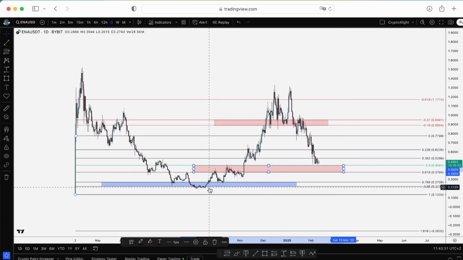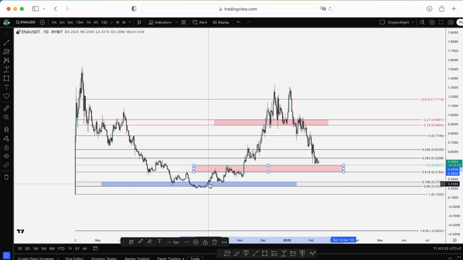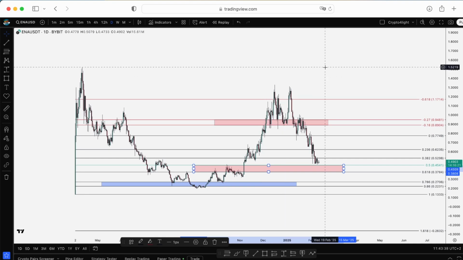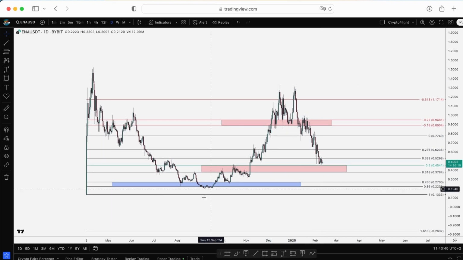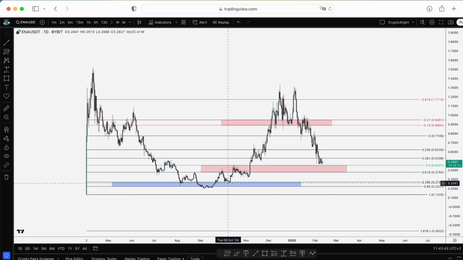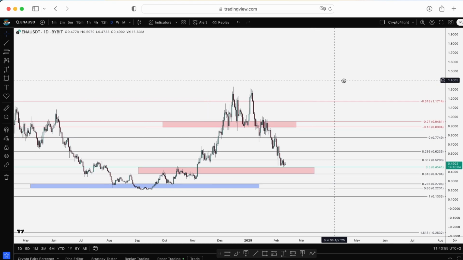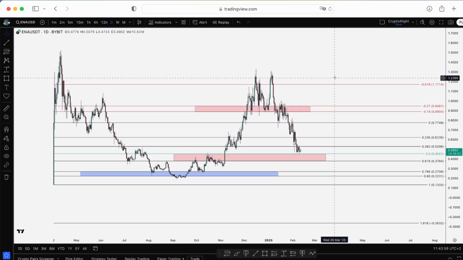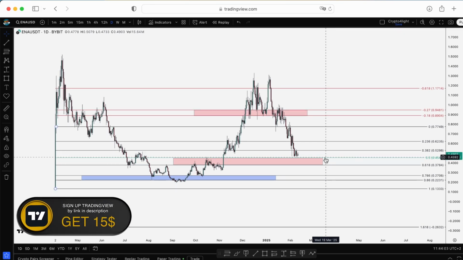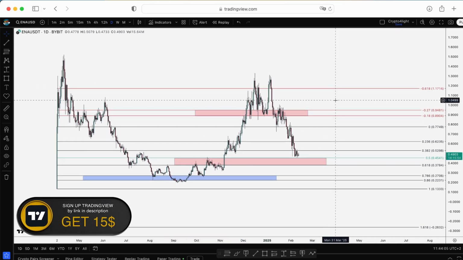I skipped ENA, I bought ENA here and sold it around here, so I missed that. Yes, sometimes we can make a mistake. It's okay. You can't catch the exact bottom for every single token and ride to the new all-time high, and buy every single dip and sell every single top. Guys, it's just a myth from influencers who show you that, I don't want to say the bad words, on YouTube. So don't be trapped by all of those fairy tales. Work only with your own capital, with realistic gains, with realistic targets.